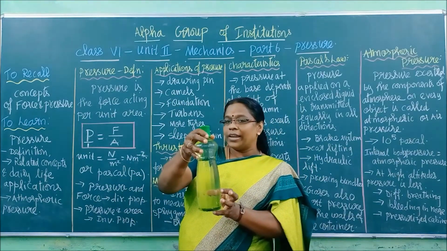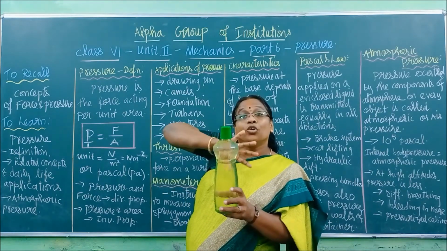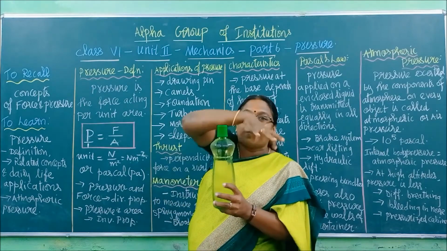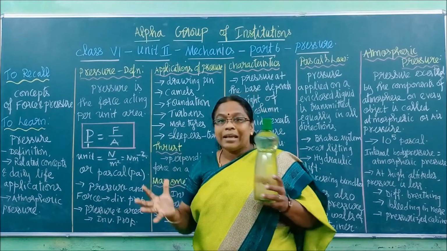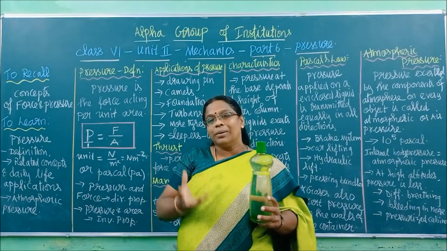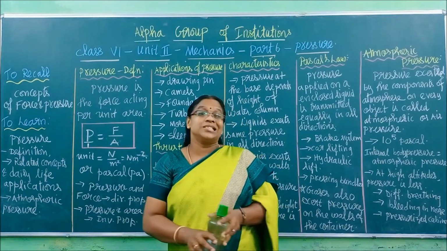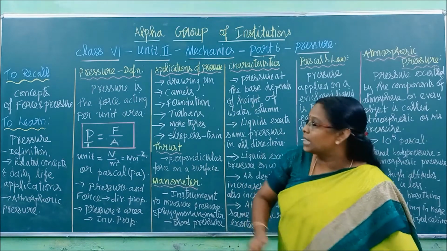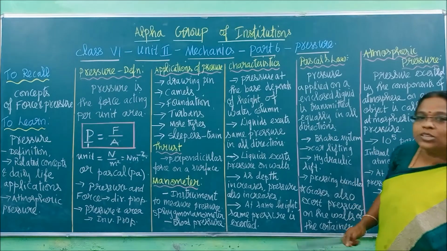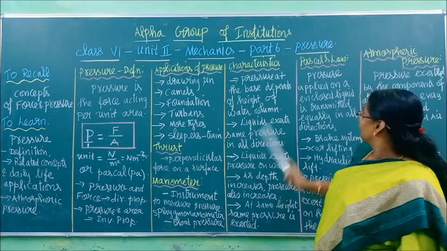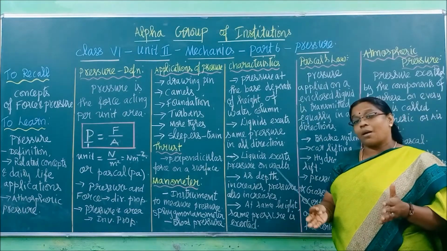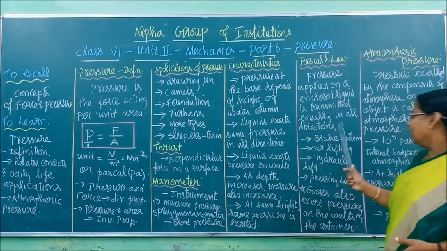So the force I am applying on an area is called pressure, which will travel uniformly. Where am I applying? Here, right? This pressure will be spread out uniformly in the liquid, and as a block of pressure only it will travel upwards. That is how the lid will be lifted up, right? So this statement: pressure applied on an enclosed liquid. Enclosed means what? Closed liquid, closed chamber, is transmitted equally. So it won't be more at the point where I apply, right? It will be transmitted equally in all directions.